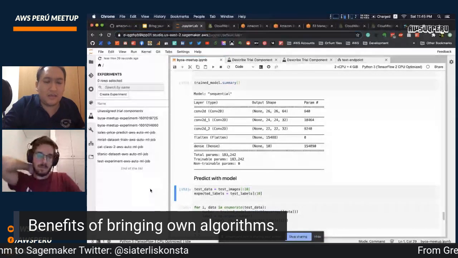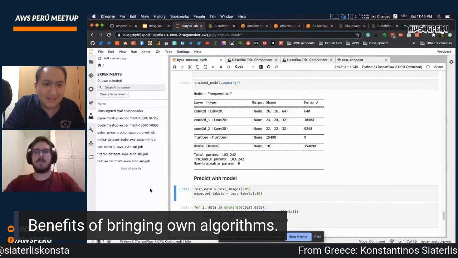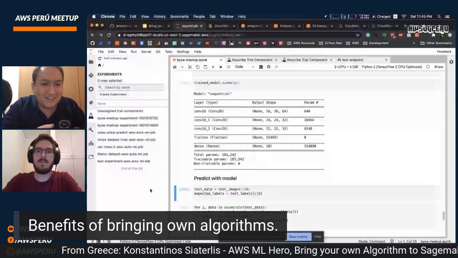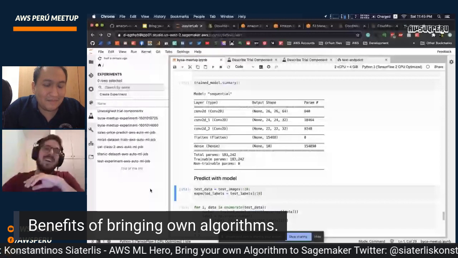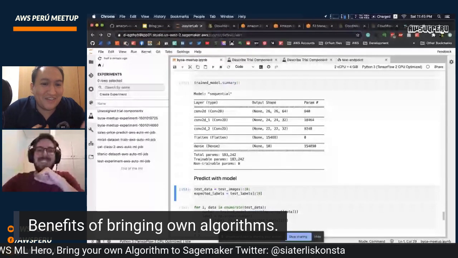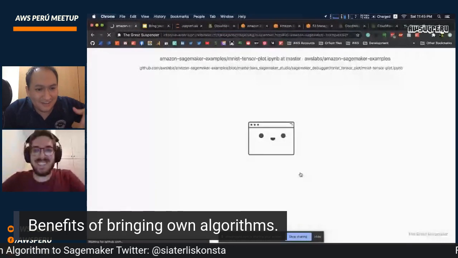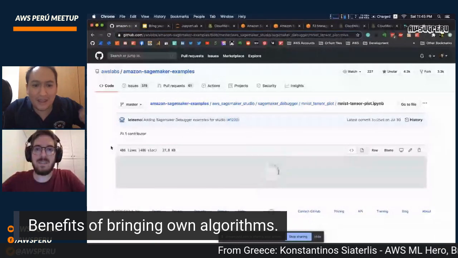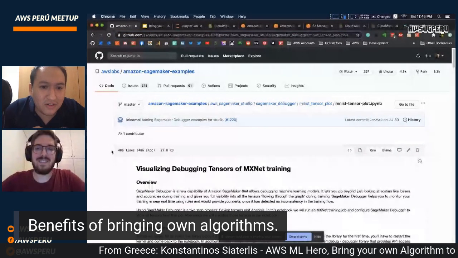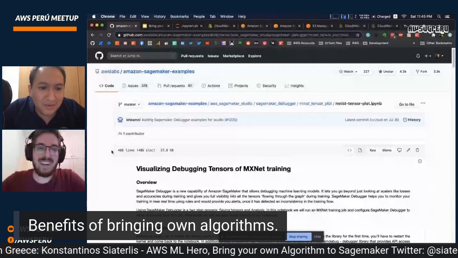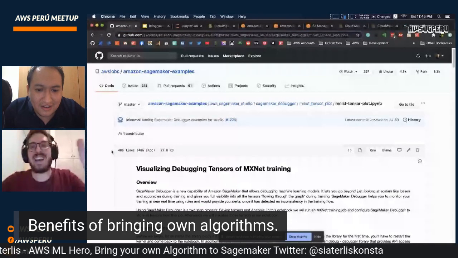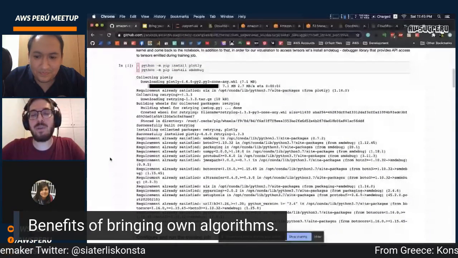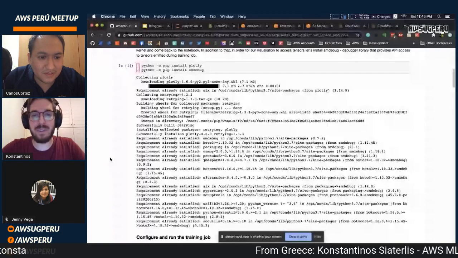Yeah, now we have the container deployed, now we have the metrics in CloudWatch. You also have the debugger, right? You also mentioned that. I'm personally really interested in the debugger, because if you bring any container, you have the option to view details about the logs and metrics. I don't know if you can show us a little bit about the debugger before joining. Actually, I'm going to show you something.